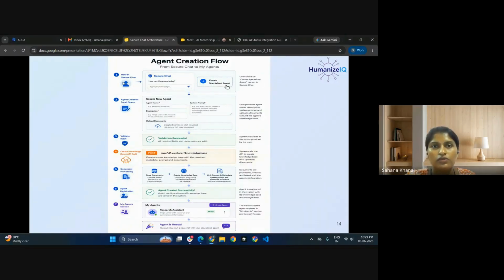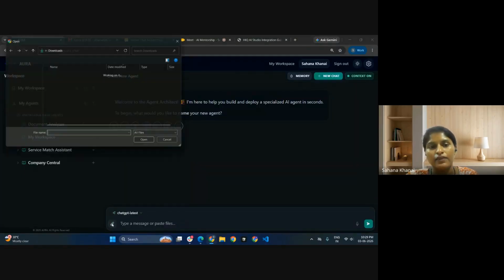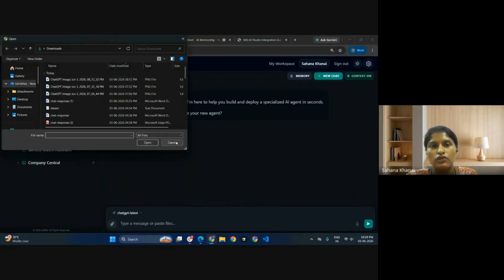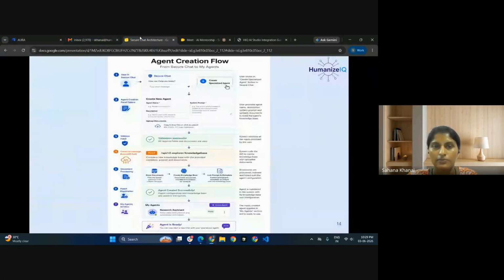Whenever you select create specialized agent, you are going to give the agent name, description, and prompt. After that, it is going to ask for an attachment if you want to give one. Otherwise, it is optional. Whenever you want to upload, you can just upload directly with attach, and it is going to be stored in that specific knowledge base.